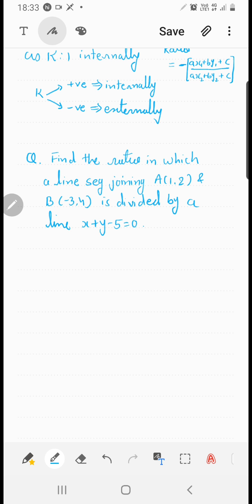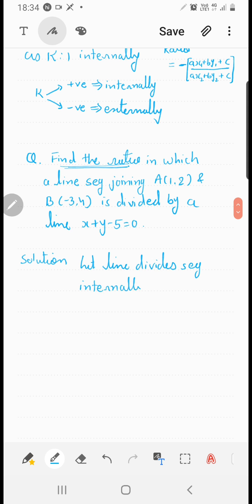Okay. So here if you see the sum, the key word is find the ratio. As I said, whenever in a sum we are asked to find the ratio, let's start the solution. I'll say let the line divide the segment internally in the ratio